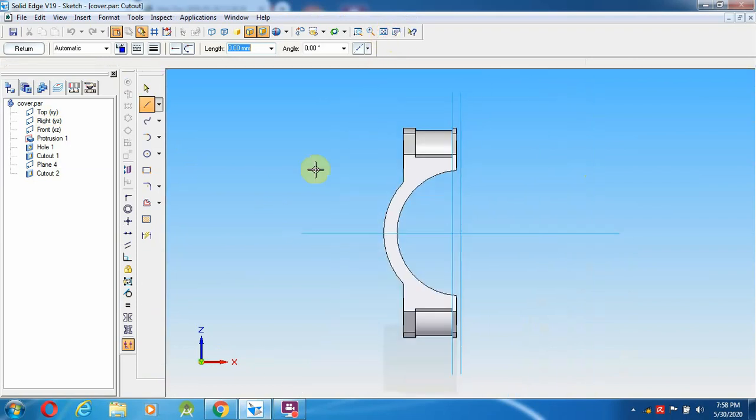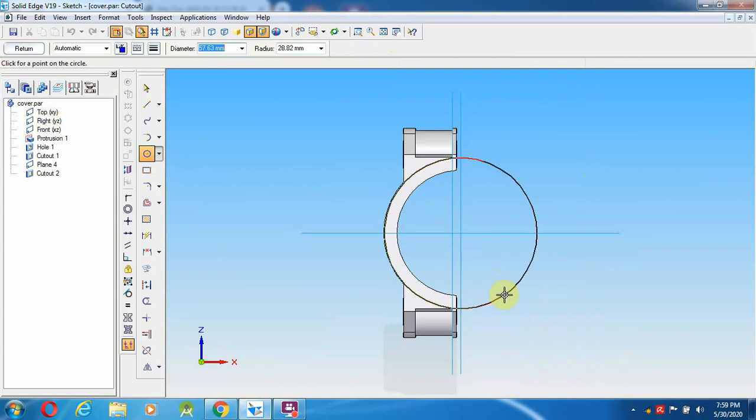So fit, and select from here, so what is the diameter? 58 mm, enter, so it has to be created now.